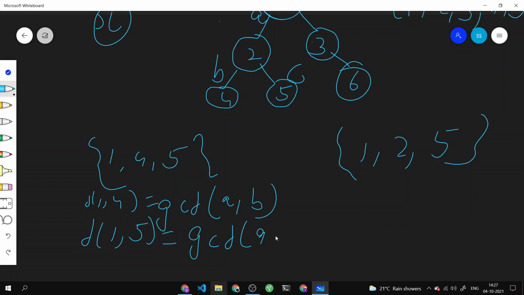It will be GCD of A comma C, and similarly the distance of 4, 5 will be equal to GCD of B comma C.